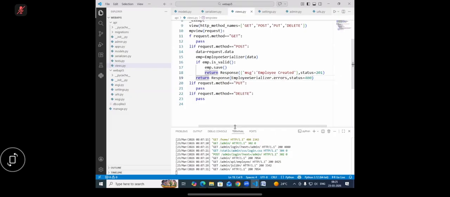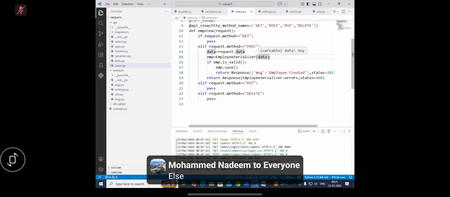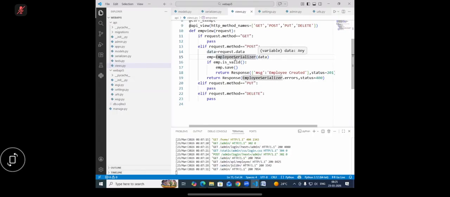Okay, now this is what you are trying to do. Very simple. You read the request data, then you wrap this request data into the serializer. After wrapping this data into the employee serializer, you check whether the input data is valid or not. If the input data is valid, you save it, where you save this data within the model, and then you generate a message saying that the employee is